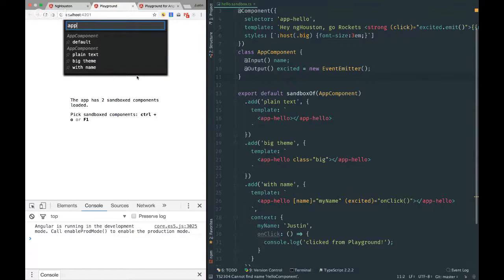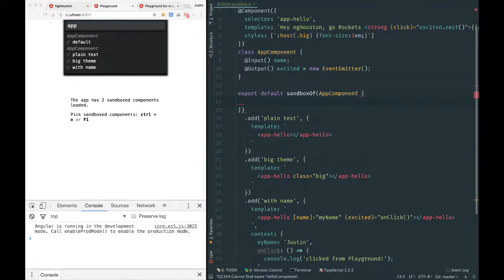Now, see, it knows there are 2 different types. I've got 2 app components, but now which one do I pick, right? And in this case, it's kind of obvious because I know the different scenarios, but what if these were both default, right? I would have to click on each one to find out. So the prepend text is really like to come in here and go, okay, well, I'm going to give this a differentiator. So prepend text,